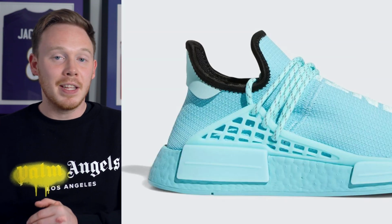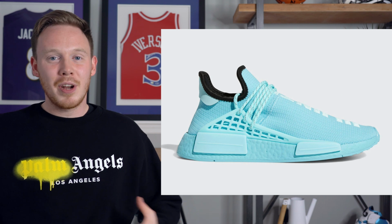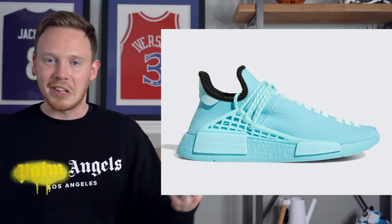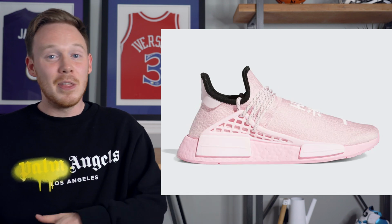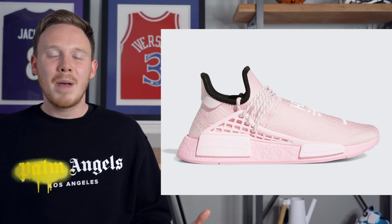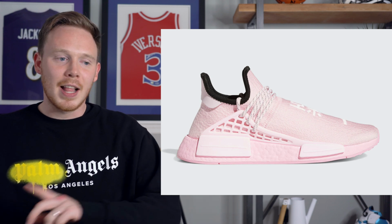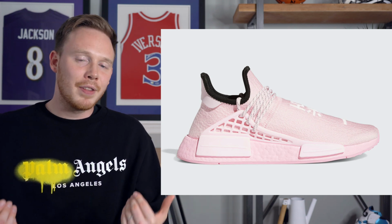After that, and also on the 20th, we've got two more colorways of the Adidas Pharrell Williams Human Race NMDs dropping. These two colorways include an aqua colorway, which is essentially just a light blue Pharrell Williams Human Race NMD with a black sock liner, and then the pink colorway, which is pretty much the same color blocking except in pink. Both of these monochromatic colorways look pretty solid, and one thing I like about them is that the tones of blue and the tones of pink that they use in these shoes remain relatively the same all the way